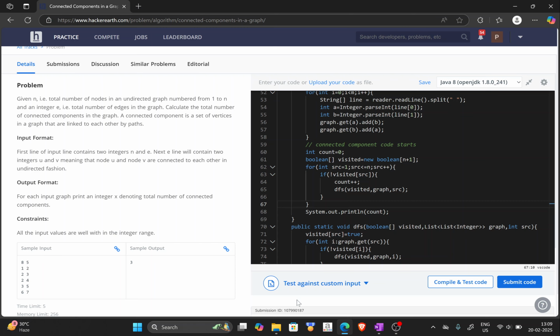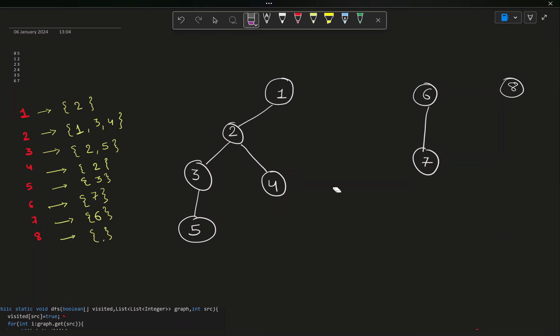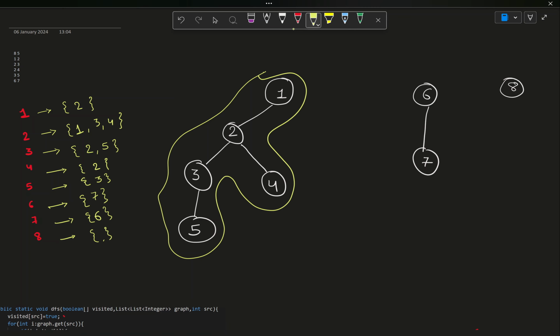So let's see how we are going to approach this thing. What we are going to do is, we will call DFS. This is the input that has been given to us. So first, for this one, DFS will run and it will cover all of this. So what we get is one component. So we will initialize our count to 0, and whenever we call any component and that is not visited, so what's happening is,